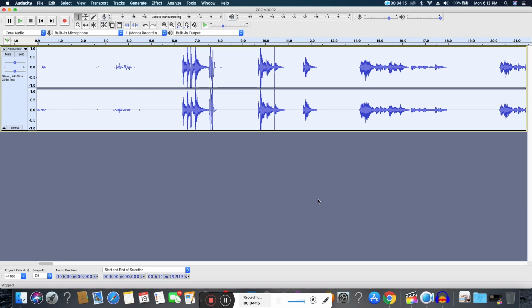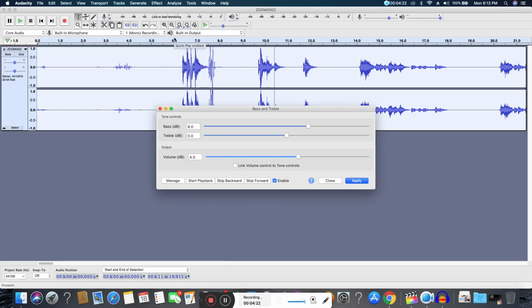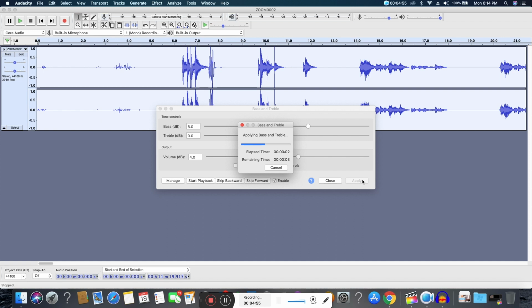After noise is removed from your track, you need to select the entire track and click on the Effect tab and then click on the Bass Treble option. After clicking on the Bass Treble option, you will get a window where you can see the values. These values work out for me and you can adjust those values according to you. By clicking on Preview, you will know exactly how the audio is playing so that you can adjust values according to that, and click on OK so that it will increase the bass and treble in your audio track.